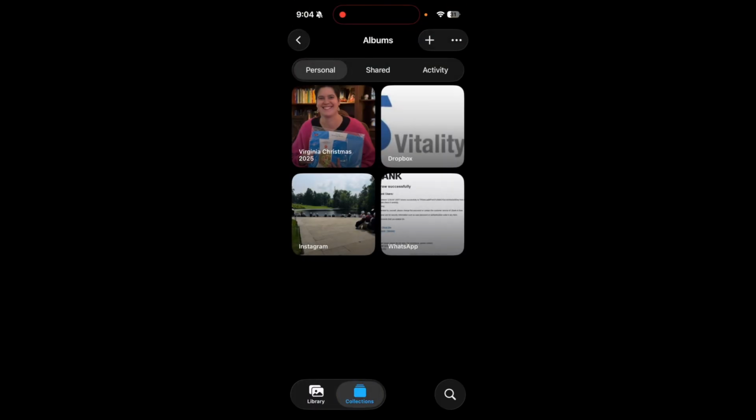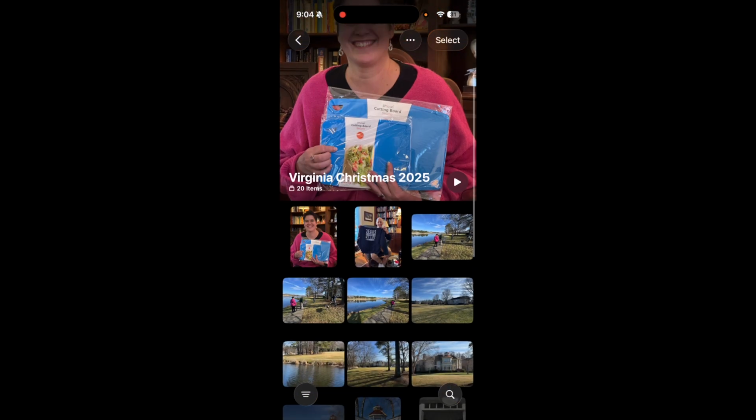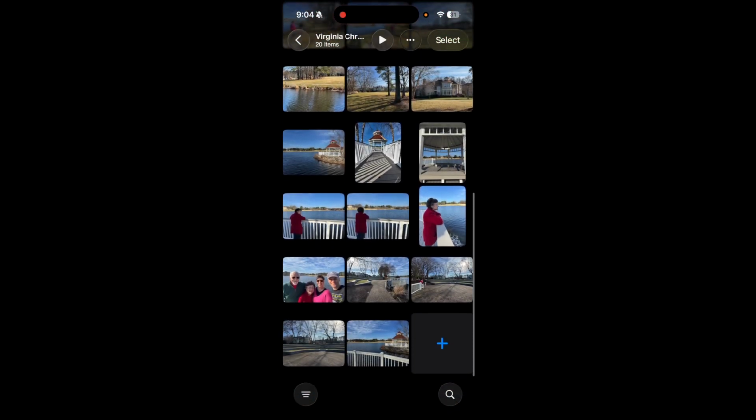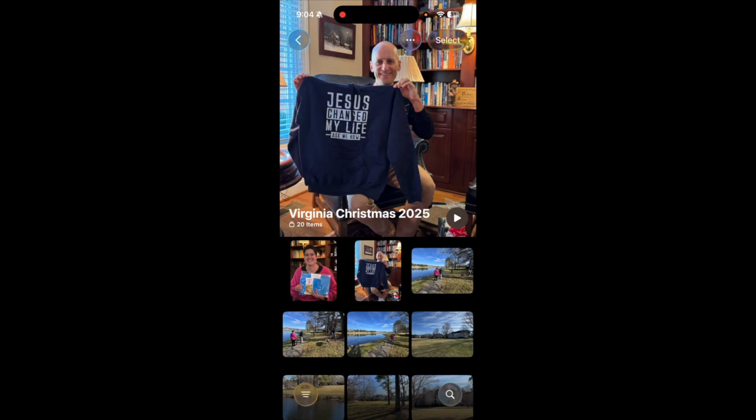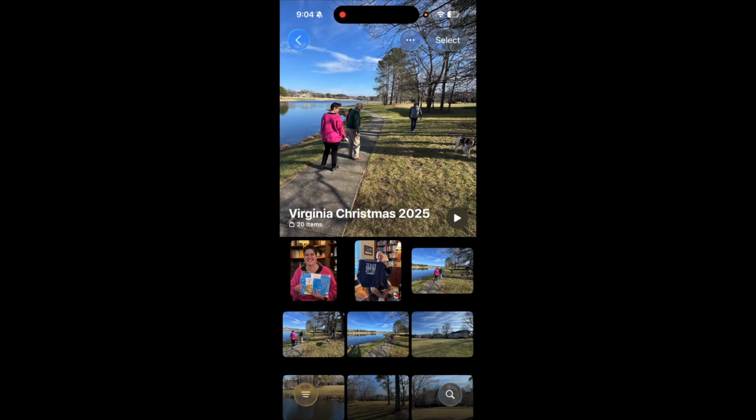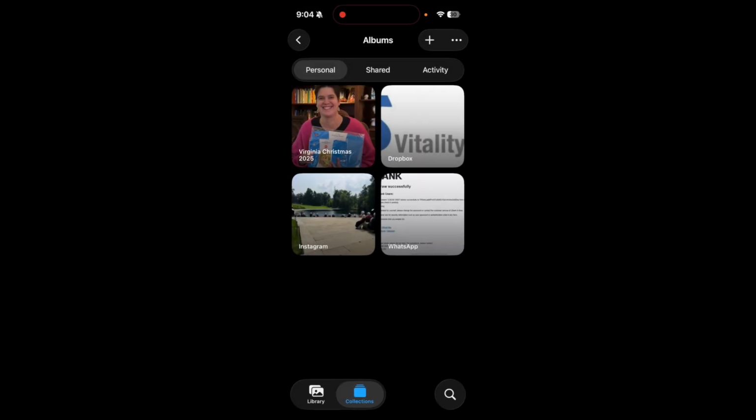Let's click collections. Let's tap the new album, Virginia Christmas 2025. And there you go. Yep, so all those photos are added, and I just demonstrated how to add photos in two different ways, whether you're in your photo library part of your Photos app or in the collections part. Right now we're in the collections. So let's go to library,